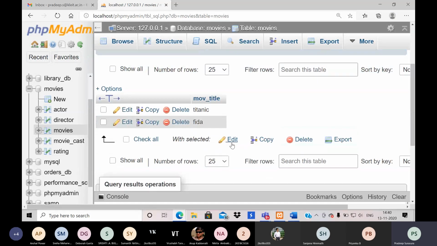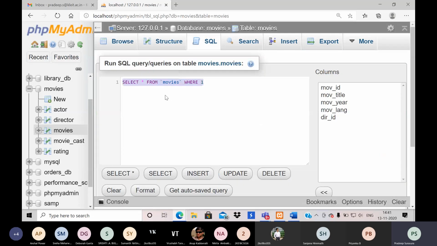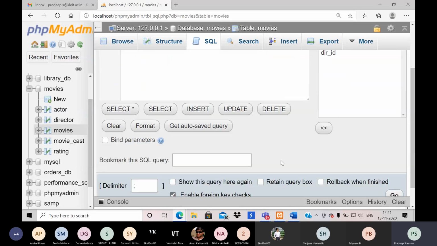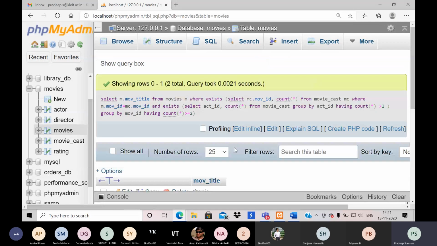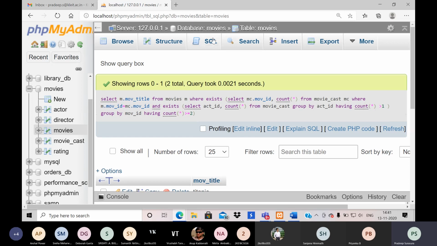Okay, 2 rows are there. Let me change this query to then 1. I think only one or 2 rows, Titanic and Fira. In this movie I have multiple people working. So how this query works means,